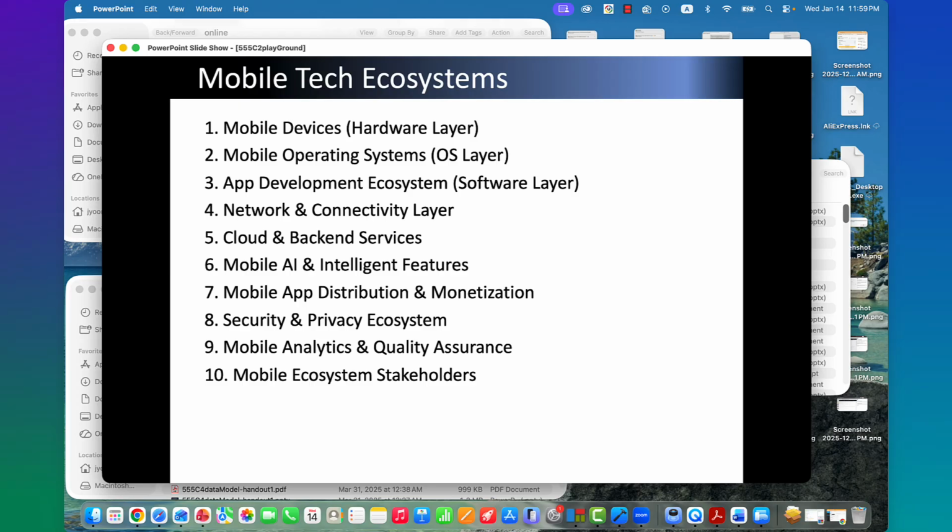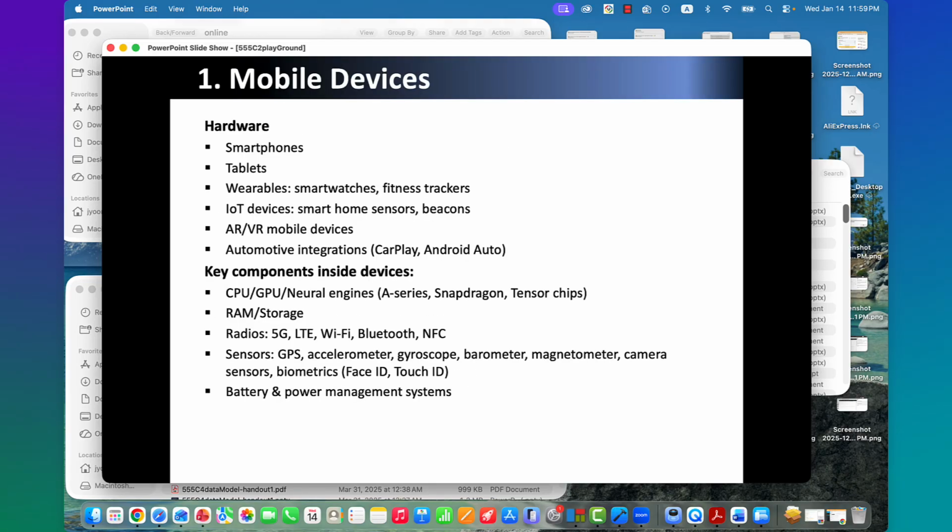as technologies evolve and advance much. So let's take a look at each of those. Mobile devices. Mobile technologies applications should be developed on a hardware, and it should be operated on a hardware. So one of the typical hardware is smartphones, tablets, and in this case we are looking at smartphones.